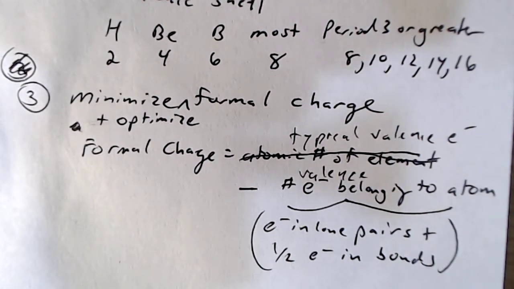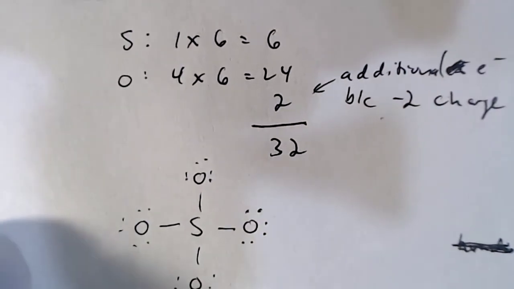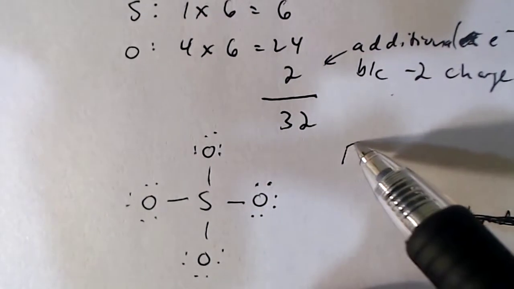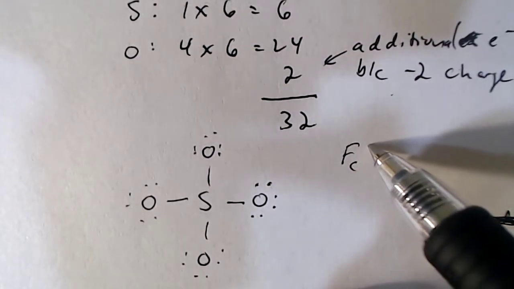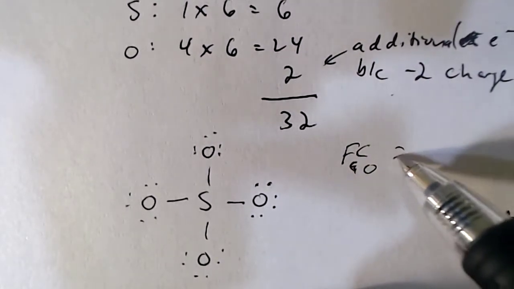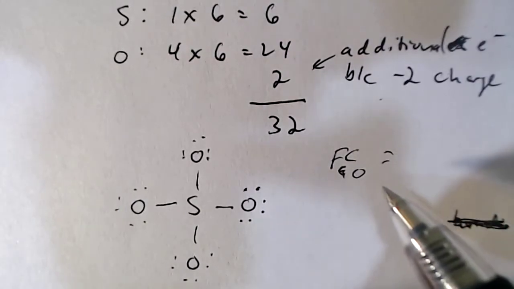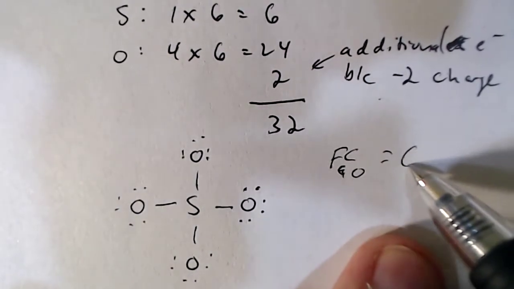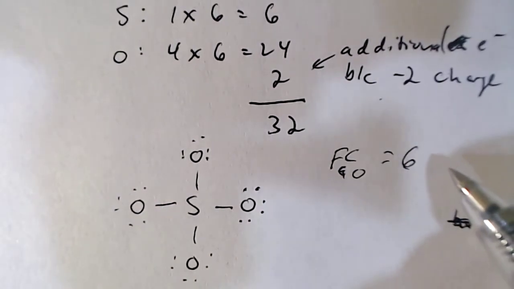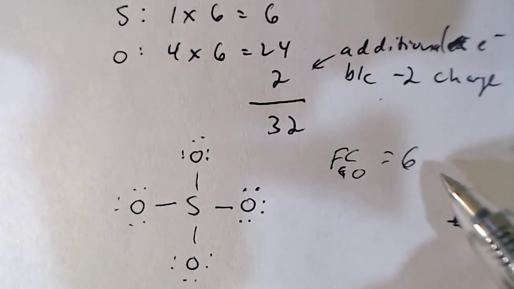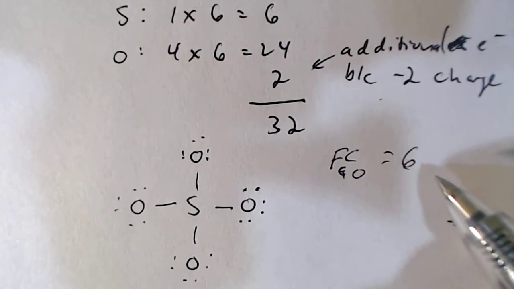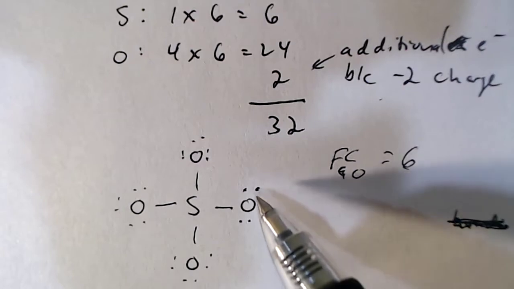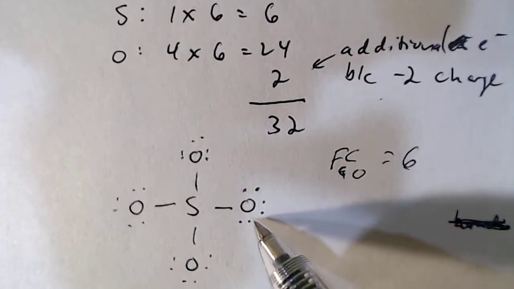All right, so let's run through a couple examples. What is the formal charge on this oxygen? Normally you should have a total of 6 valence electrons belonging to an oxygen atom, because it's in group 6A, so it starts with 6 valence electrons typically. But right now, we've got 2, 4, 6